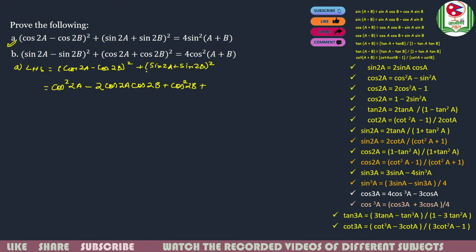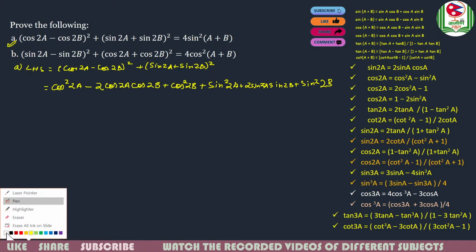and plus, then we will expand this one, that is sin square 2a plus 2 sin 2a sin 2b plus sin square 2b. Okay? So after writing this much,